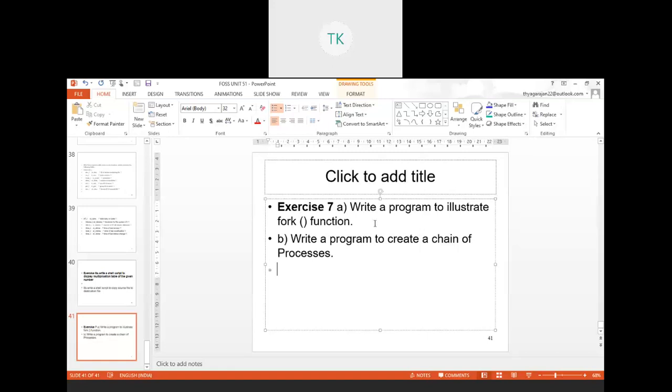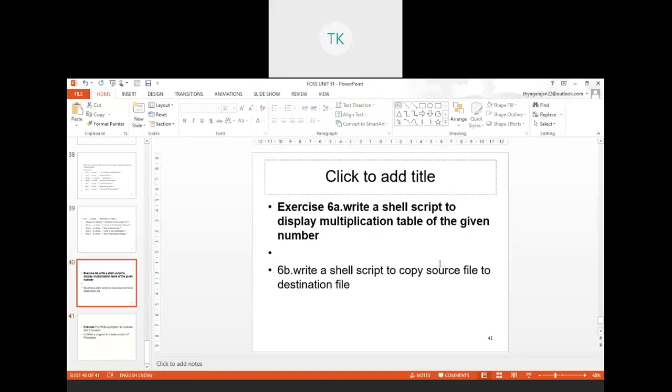If we run this a.out, we get a result. That is what we see for both. This is the objective here.